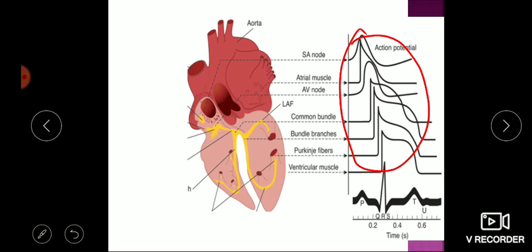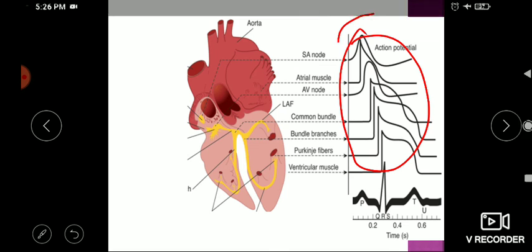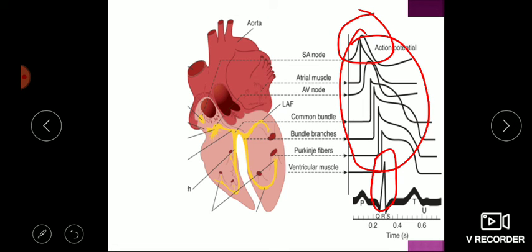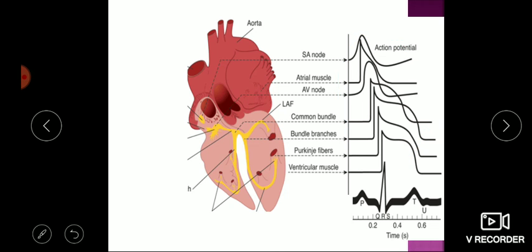It classically has five waves. The P wave is due to the atrial event, as you can see here. The QRS complex is due to ventricular events, especially the depolarization. We can see all depolarization events here. And the last event, the T wave, coincides with the repolarization of the muscles. So P, Q, R, S, T, these are the events which are the summated events of the action potentials of cardiac muscle.